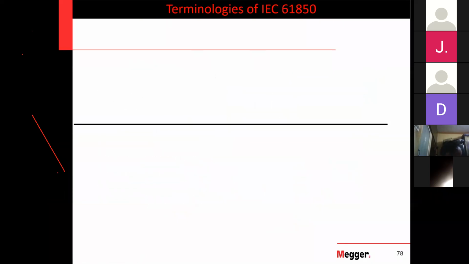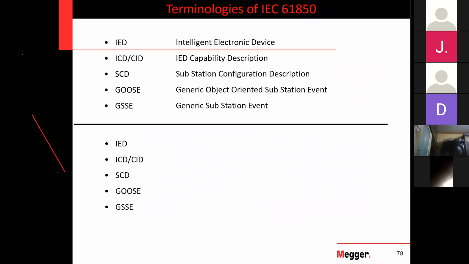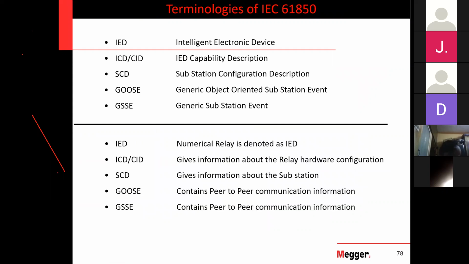Different levels of topologies, different names. Of course, this we deal in detail when we have the syllabus on training on these things, these subjects. Because nowadays, when manufacturing companies on IEDs and protection system are recruiting, mostly they get into these kind of subjects. So there should be awareness on what is 61850, what is an IED, what is SCD, what is GOOSE. At least we should know the expansion of it, and later we can understand what it is.